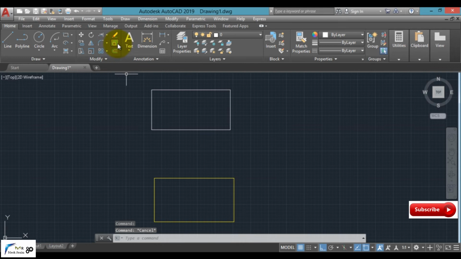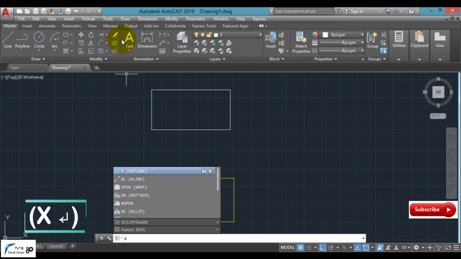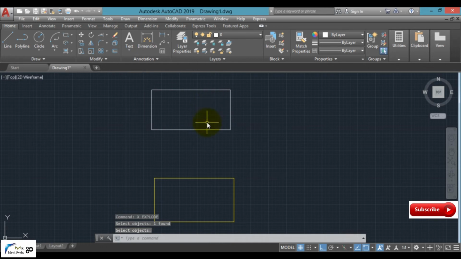Simply select the explode command, or type X on the keyboard and press enter key. Select the object to be exploded and press enter key. Now in this case, a single click is not going to select the whole object. Our object has been separated with the help of the explode command.